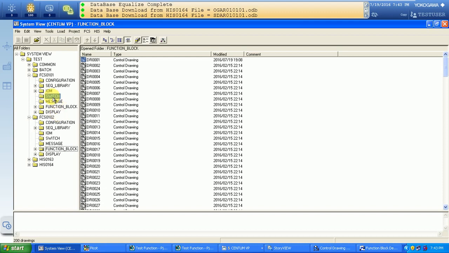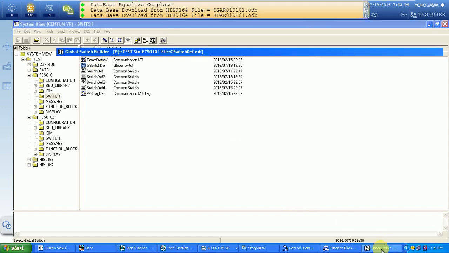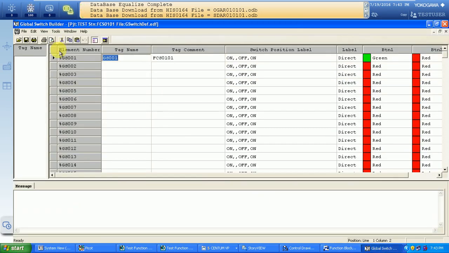So for finding the element number, click on the switch, open the builder and check the element number. After opening the builder, you will see GS001, and the builder element number is percentage GS001.